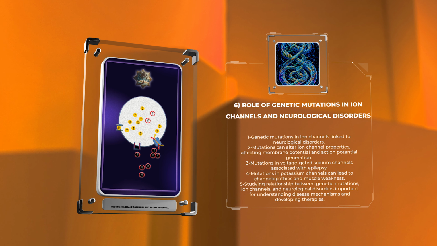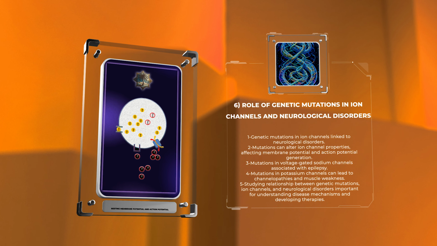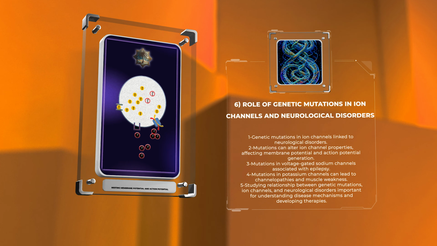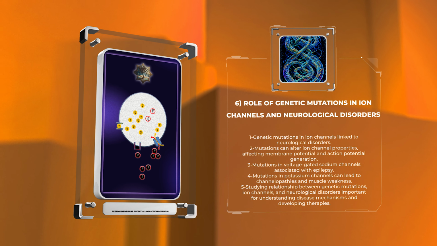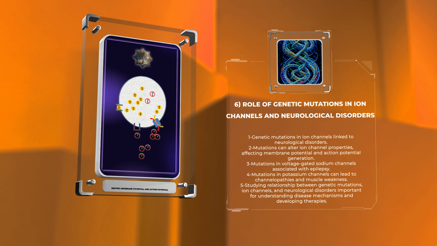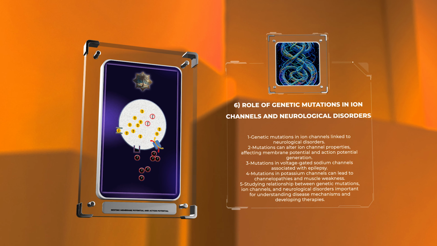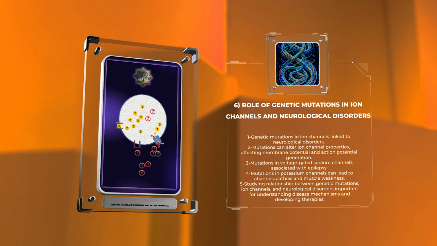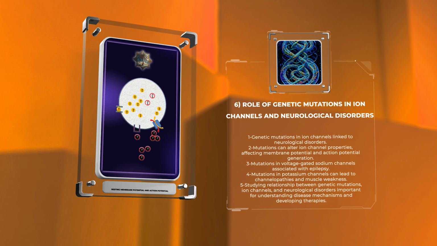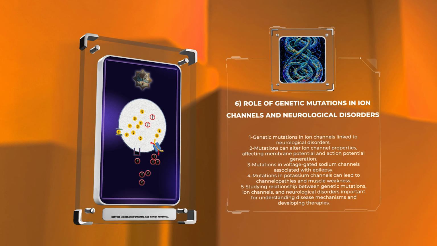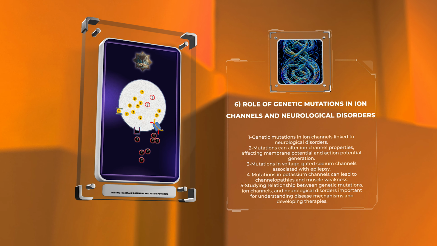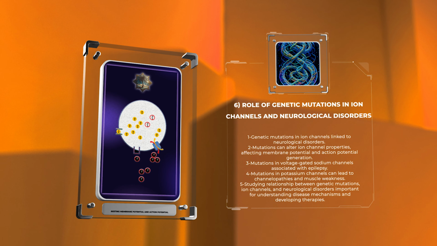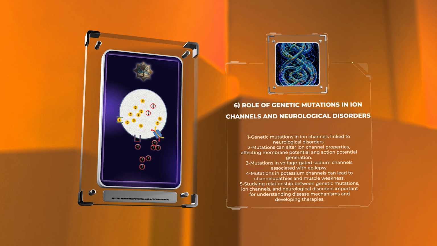For example, mutations in the voltage-gated sodium channel SCN1A have been associated with Dravet syndrome, a severe form of epilepsy characterized by recurrent seizures. Similarly, mutations in potassium channels can lead to channelopathies such as Andersen-Awell syndrome, which is characterized by muscle weakness, periodic paralysis, and cardiac arrhythmias. Studying the relationship between genetic mutations, ion channels, and neurological disorders is crucial for elucidating disease mechanisms and developing targeted